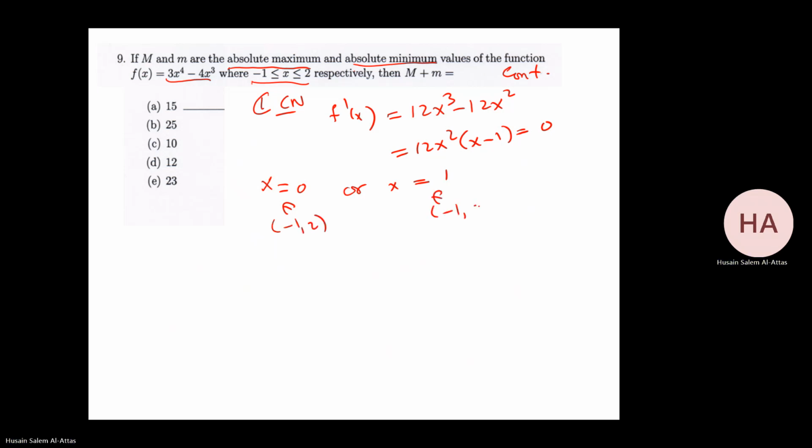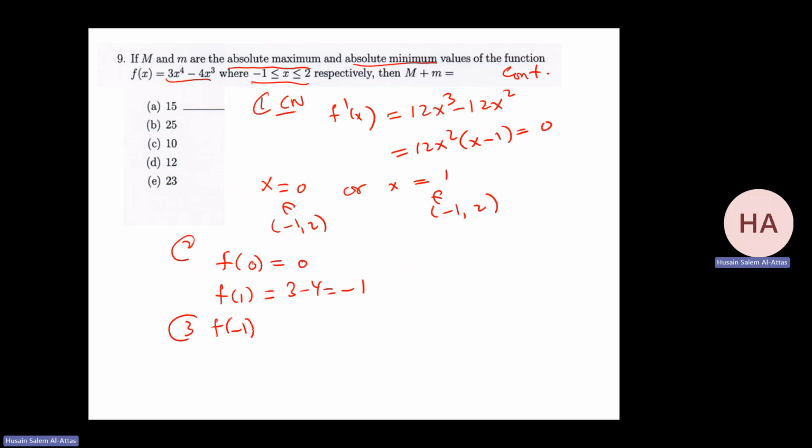So we'll do f at 0. This is my second step. F at 0 will be 0. F at 1 will be 3 minus 4, which is minus 1. Now I check the endpoints. F of minus 1, be careful. F of minus 1 will be 3 minus 4 times minus 1, which is plus 4. That will be 7. And f of 2, what will it be? 3 times 16, that is 48, minus 4 times 8, which is 32,